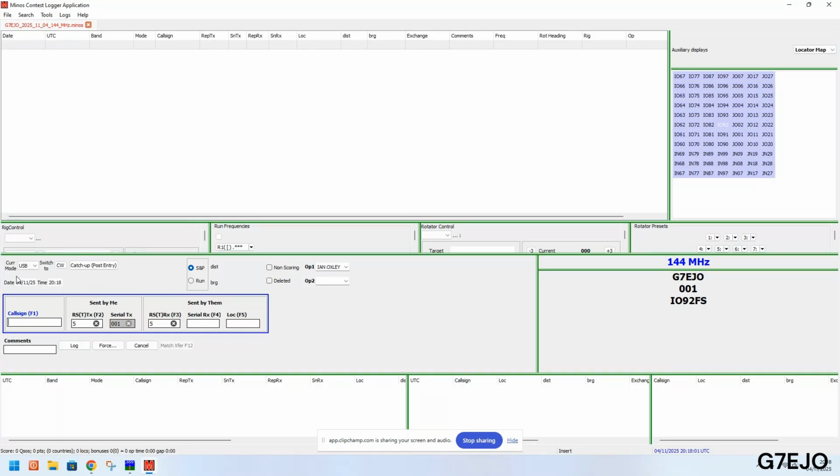So as you can see, the time and the date has now come into black because we are within the contest time. I've just spoke to G4HZG. So if we type that in there, sent by me, he was a 5 and 9, and my serial number to him was 001, and that moves on every time I make a contact. I was a 5 and 9 to him, and I was 003 from him, so I'll be 3 in his log, and he's at